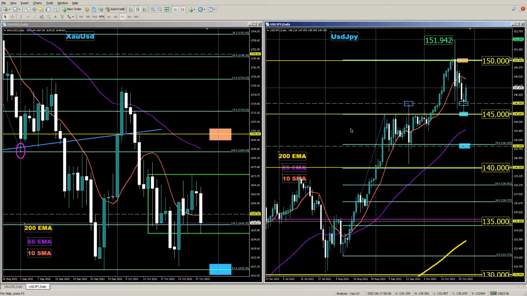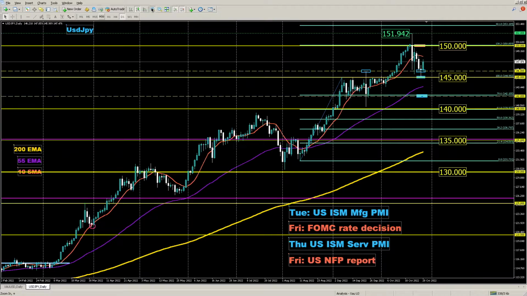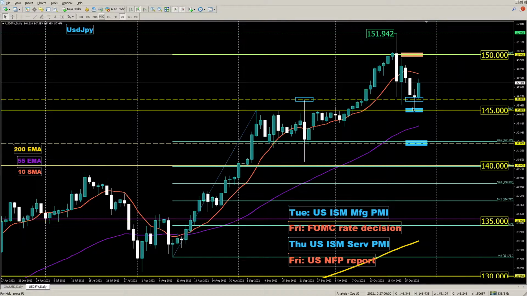Let's move on to the dollar against Japanese yen, where last Friday the BOJ did announce their decisions, but nothing has changed. It still remains neutral. But on Thursday, it dipped below to test the 145 level, which was this previous swing high here. It tested it and bounced off with what looks like a morning doji star.